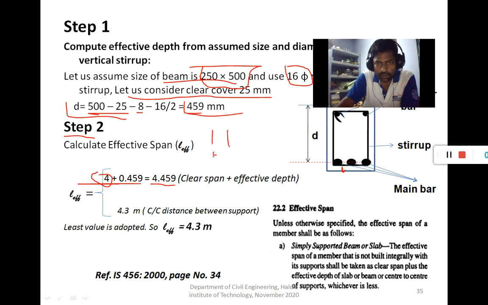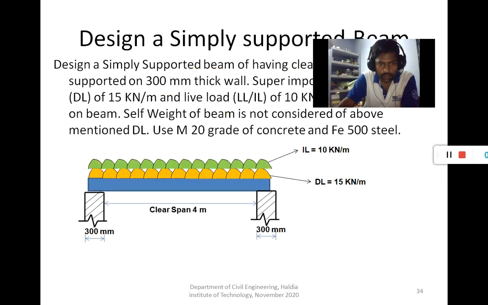And the center to center distance between supports is 4.3 meter, because the support width is 300. So center to center means 150 from each support. The clear span is 4, so this is 150 and another 150 on the right side. 150 plus 150 is 300, so we get 4.3 meter. Again, this is the center to center distance.